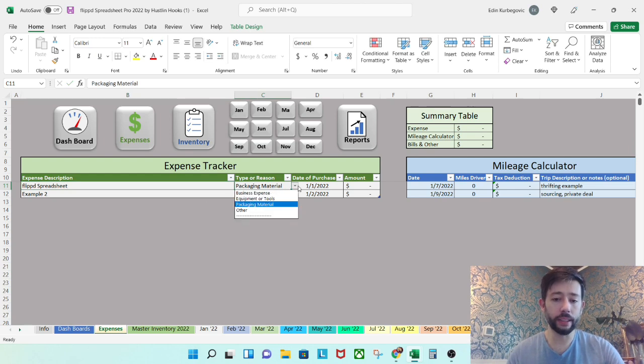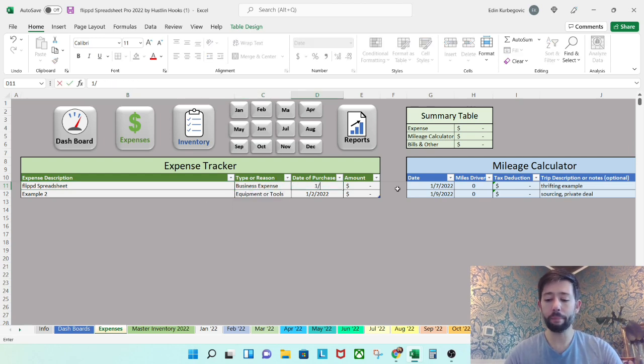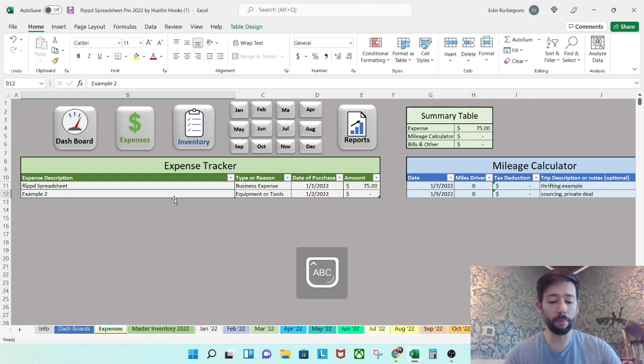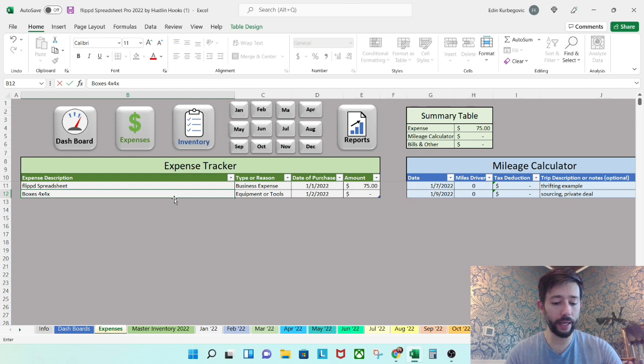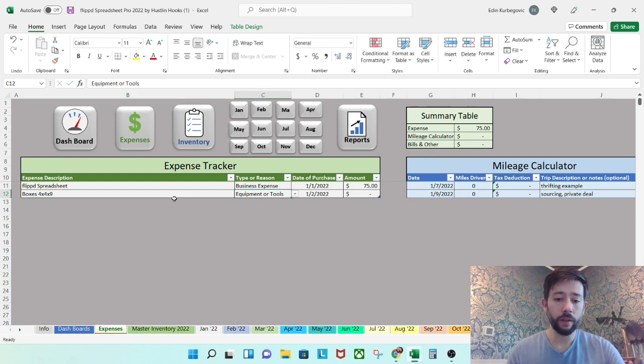It was a business expense. I purchased it on the 1st of '22. The amount was $75. I also just ordered some more boxes that are 4 by 4 by 9. This is going to be under packing material. I bought that on the 1st as well, and that cost me